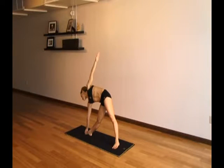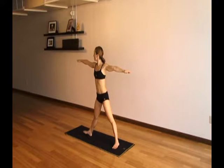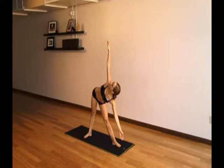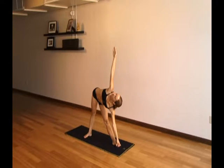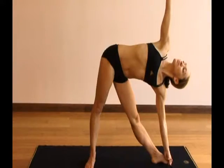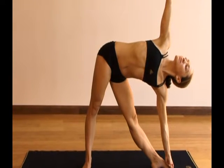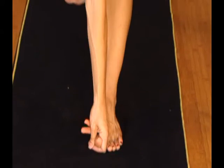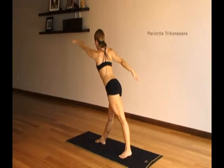Trini, inhale, coming up, and Chatwari, as you switch the sides, move deep inside your right hip joint and release along your torso. Tuning into the sound of your breath, keep your gaze at the right fingertips. Elongating along your spine, keeping your legs solid, thrusting into the ground, inhaling, coming up into Parivrtta Trikonasana, squaring your